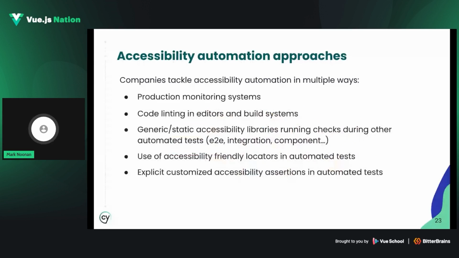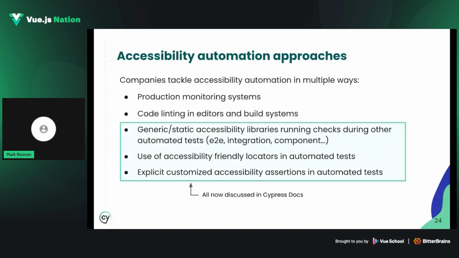For accessibility, these are the main forms of testing that you could do. You can have things that directly monitor production environments. You can go all the way from that layer into code linting in your editor. That's like, hey, you create an image without an alt attribute, I'm going to give you a little red squiggly right before you commit that code. The thing I'm kind of interested in, from writing a lot about these in the Cypress docs, if you want to check those out,